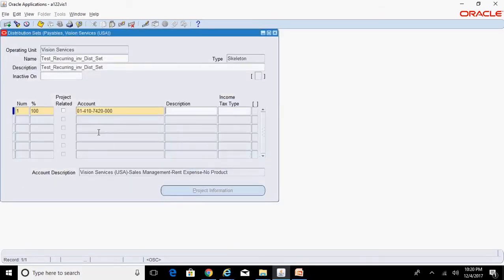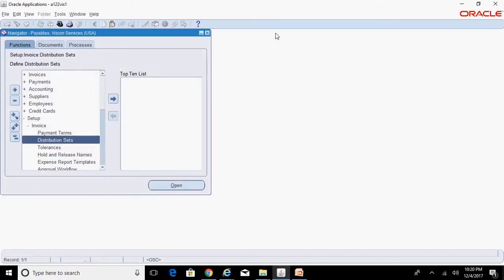And if you want to use multiple accounts, specify those accounts and appropriately mention the percentage. Ensure that the percentage is 100% when you sum up the percentage for all the lines. So in this example there is one account, and hence I want to specify 100% for this particular account. Save this.